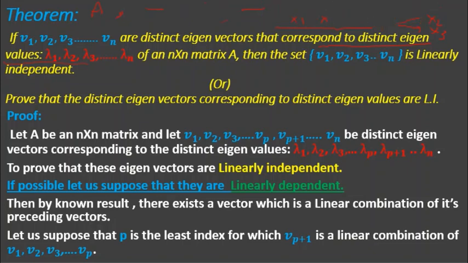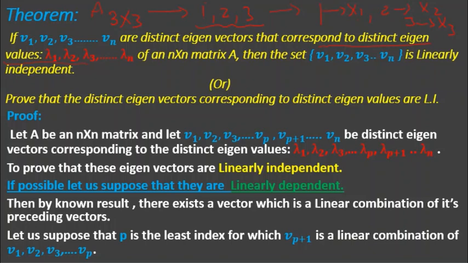Clear the screen. So I'll take again the same 3 by 3 matrix A. It has 3 eigenvalues 1, 2, 3. And it has 3 eigenvectors for 1 x1, for 2 x2 and for 3 x3. Now you can observe the 3 eigenvalues are distinct. Nothing is repeated. Then these vectors x1, x2, x3 are corresponding to distinct eigenvalues.